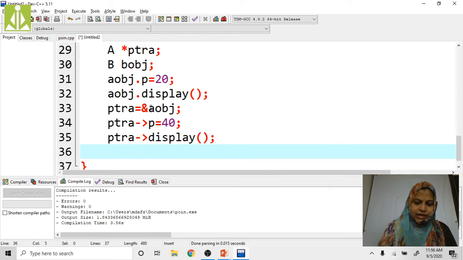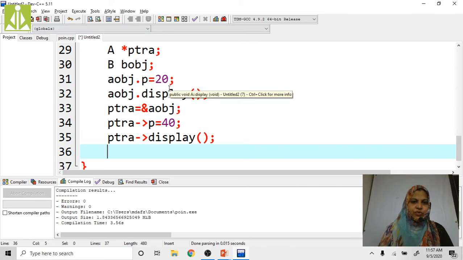Now up to here, by using this object of a, we are accessing this one. By using this pointer variable, I am accessing these two, p and the display function.